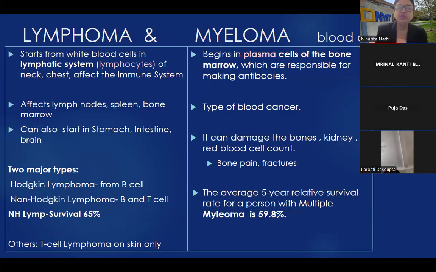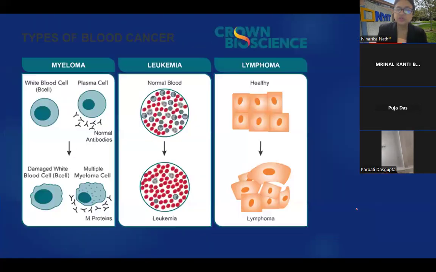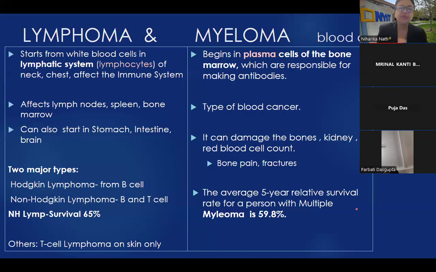So lymphoma and myeloma. Again, did I show you the myeloma here? I just want you to pay attention here that myeloma, see this? That's in the bone marrow, right? Everything starts in the bone marrow, but it'll go into the blood. So this is myeloma, and at the end of the day, they are a blood cancer, and this is leukemia, and this is lymphoma.